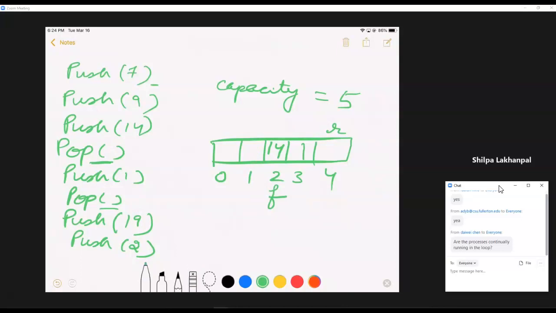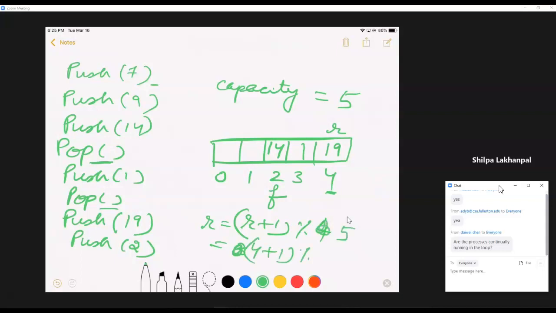Now you do a push 19. 19 will be placed over here and R is equal to R plus 1 mod capacity, because this is at this position, so it will be 4 plus 1. This is 5.